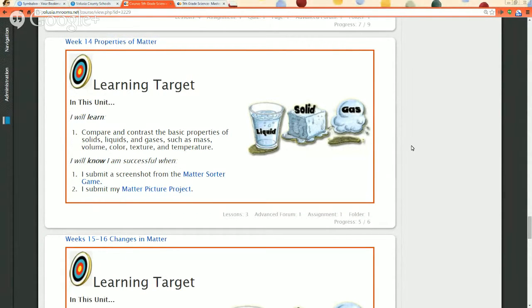Hello. I wanted to show you how to do this week 14 properties of matter folder. First, let's start with the learning targets. It says you're going to learn to compare and contrast the basic properties of solids, liquids, and gases, such as mass, volume, color, texture, and temperature. You'll know that you're successful when you submit your screenshot for the matter sorter game and you submit your matter